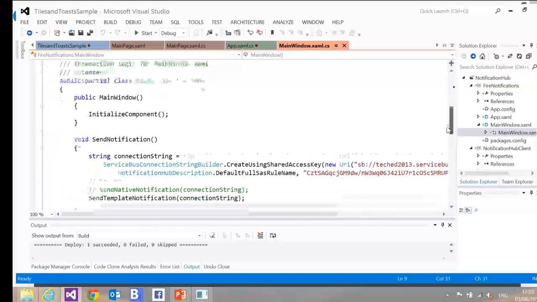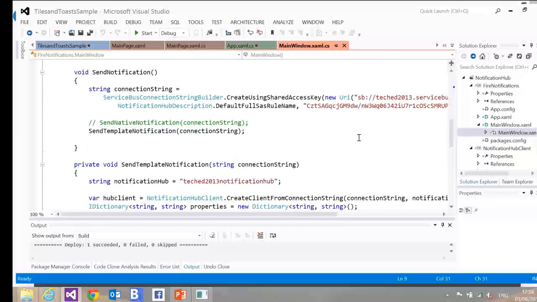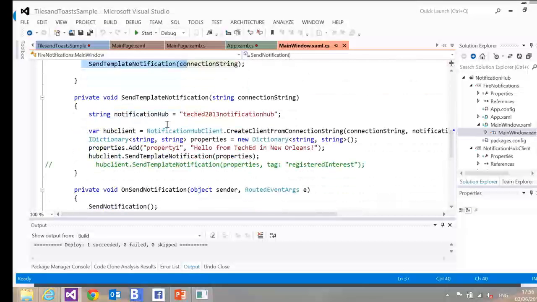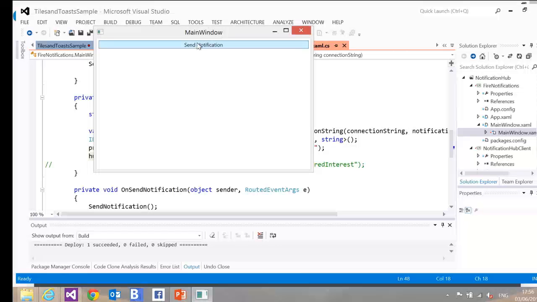For example, here, a WPF app, sending a template notification. Using the notification hub client, create client, add a property, property 1, hail from TechEd in New Orleans. This information is now passed inside the template and do a send template notification. Send notification,